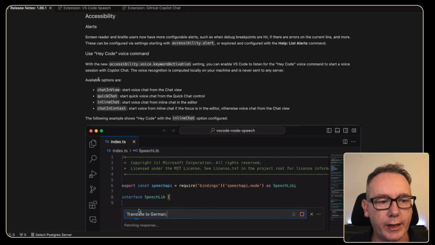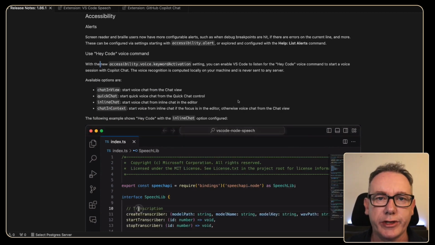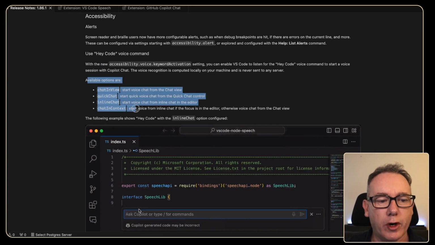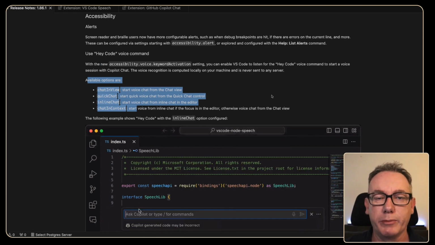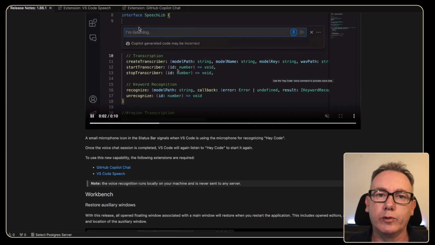voice command. And there's a new accessibility voice keyword activation setting and a bunch of options for starting chats in different contexts. What I think we can do is set up a couple of keyboard shortcuts to both start and stop our chat sessions. The way it'll work is you'll be able to say what you want into a chat